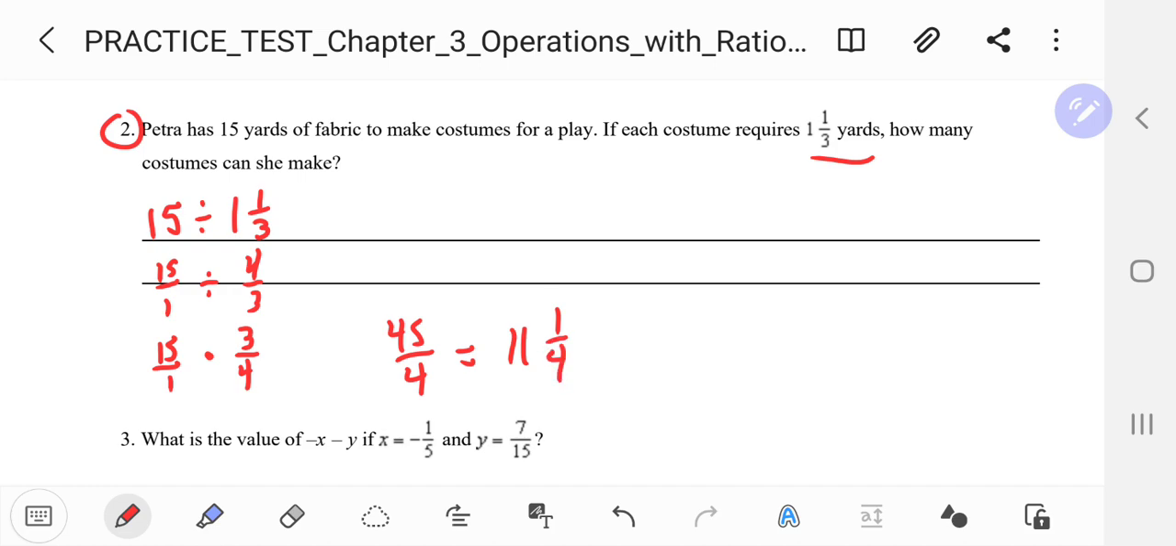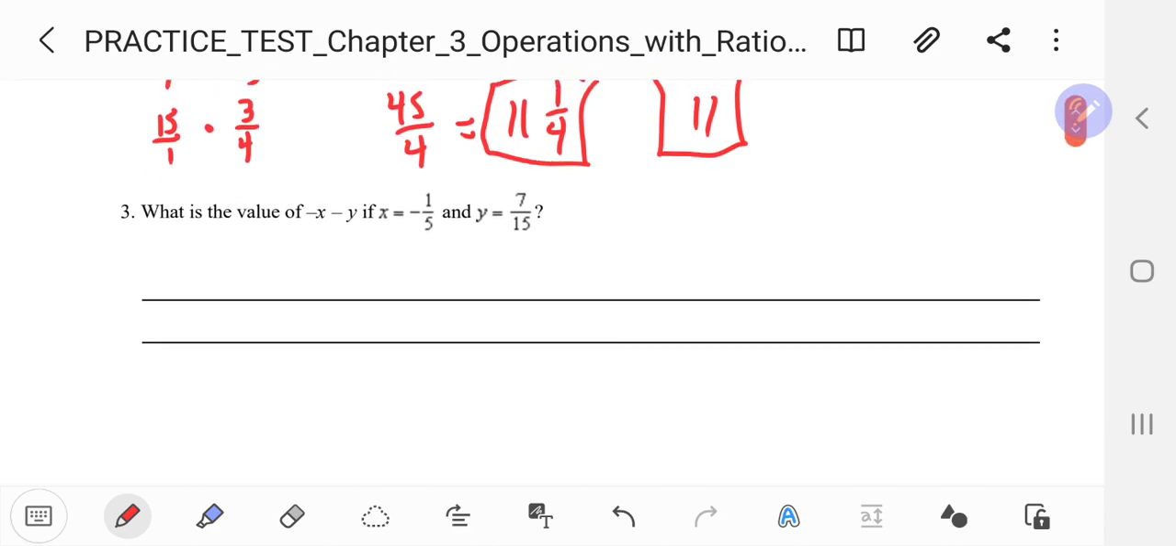And a lot of you guys put 11 1/4 costumes, but the answer that the program was looking for was 11 because you can make 11 full costumes, but I did accept both answers. All right. Now, this next one, number 3, we had a little issue